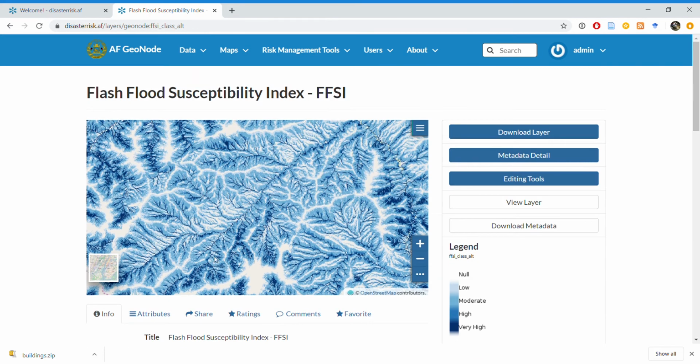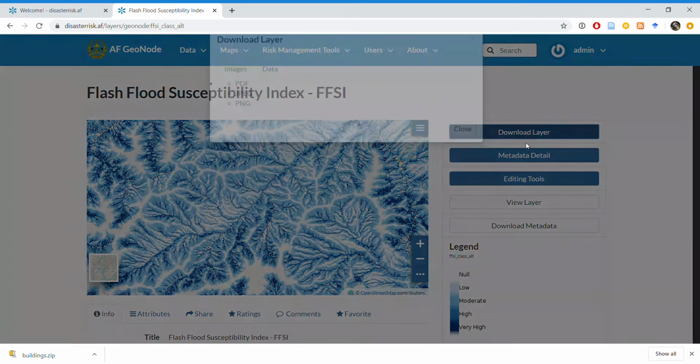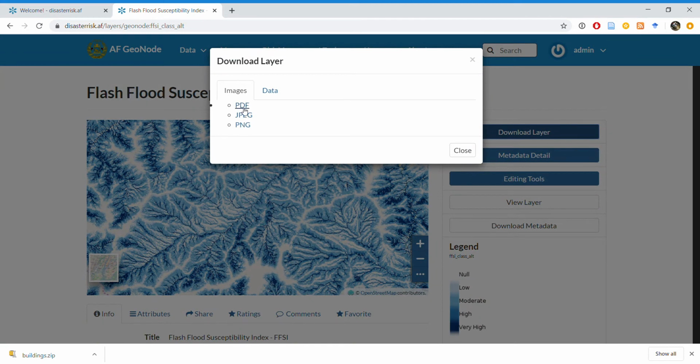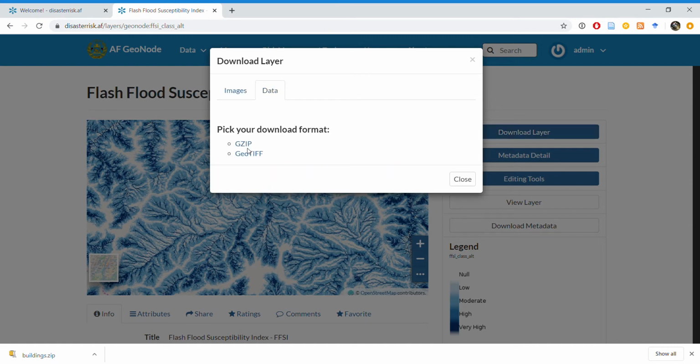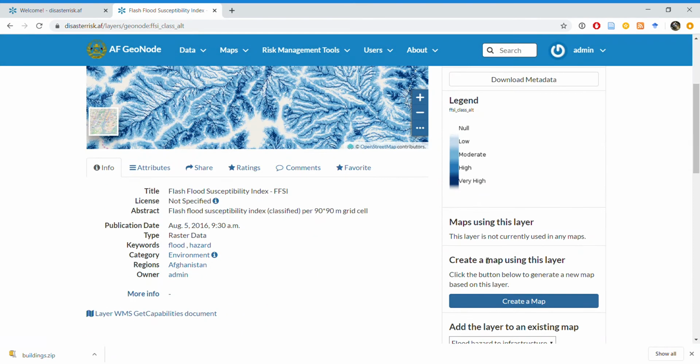connected to those vectors. I can download the layer either as a picture, so just a spatial picture of what we're seeing, or as an actual spatial data set, for example, a GeoTIFF. And on the bottom right, you can see there's also a Create Map button. So if I press that,